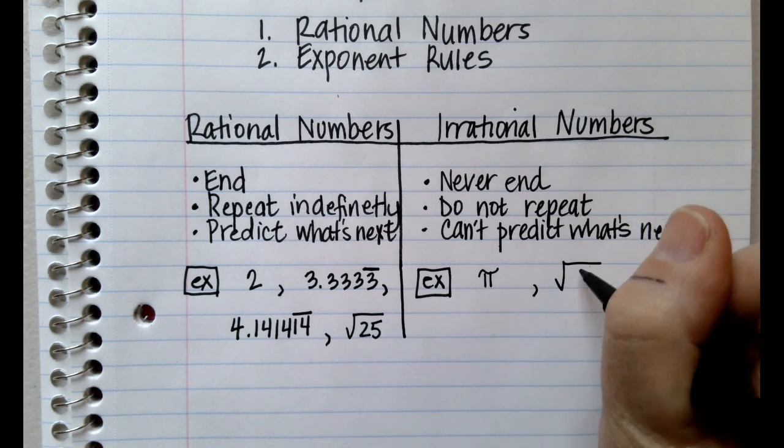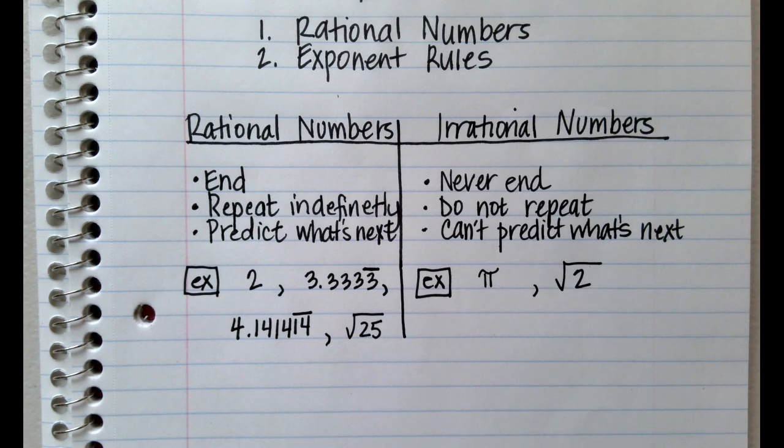The square root of 2 is considered irrational because that's going to go on and on and on forever, and it doesn't have a pattern to it. So any number that continues on and it's changing its number every single time and I cannot predict it, that would be considered irrational. So skill set number 1 you need to have ready in your pocket for this quiz